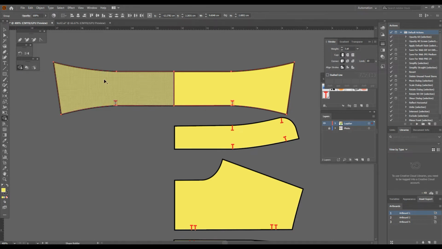Using the Shape Builder tool, move your mouse cursor onto one of the patterns you want to merge. Can you see one of the patterns with the mouse cursor is highlighted? And the mouse cursor has a plus symbol, which means you are going to merge the object. Now I'm going to click my left mouse button, but make sure to hold down the button and move your